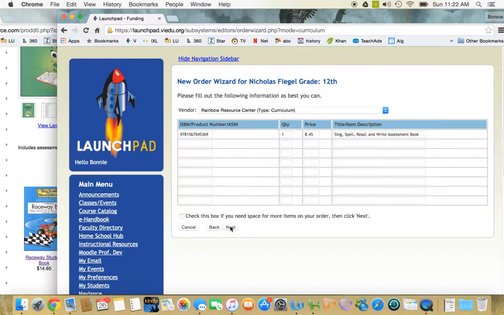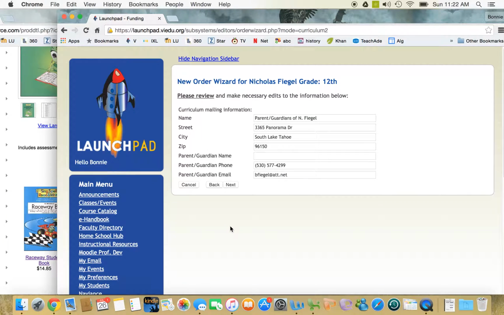So now you're going to click next, and it's going to go through, and as you see, it's automatically populated with whatever your address was that you filled out on your enrollment form. You need to be very, very aware if you are ordering and you don't have a home delivery. I have 4 or 5 people who have POs, and I've actually had all their stuff sent to me because you don't know if it's going to come